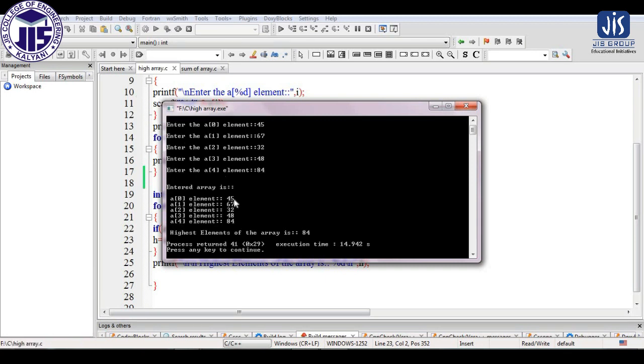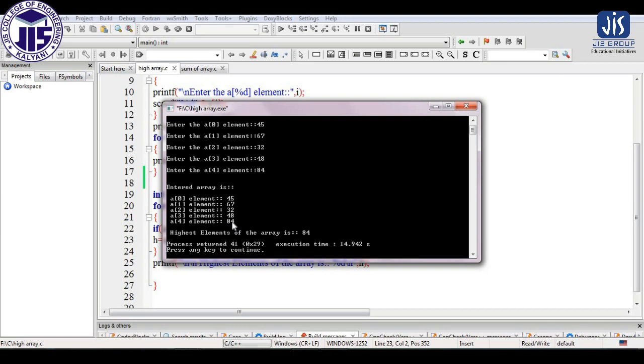The first element 45 will get stored into H. Now we will compare 45 and 67. Which one is highest? 67 is highest. Now I will compare 67 and 32. Still 67 is highest. Now I will compare 67 and 48. Still 67 is highest. Now I will compare 67 and 84. Now 84 becomes the highest element.